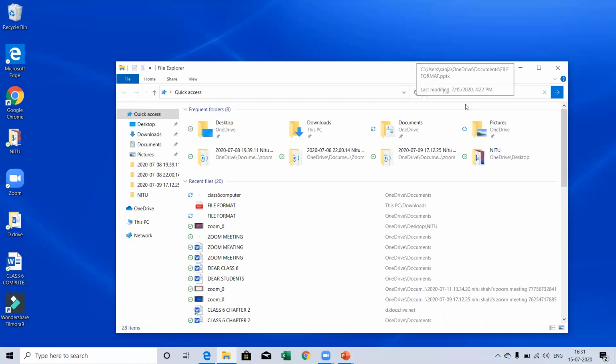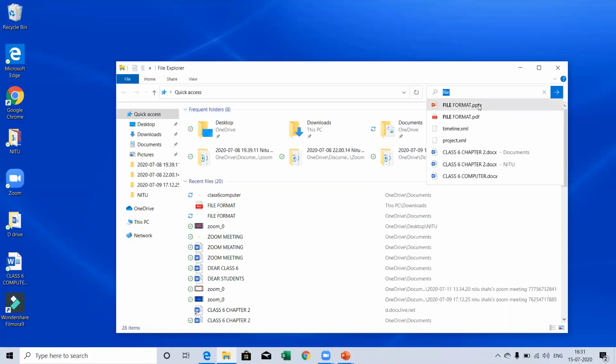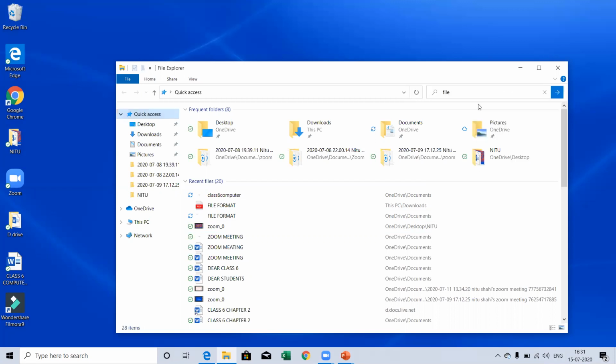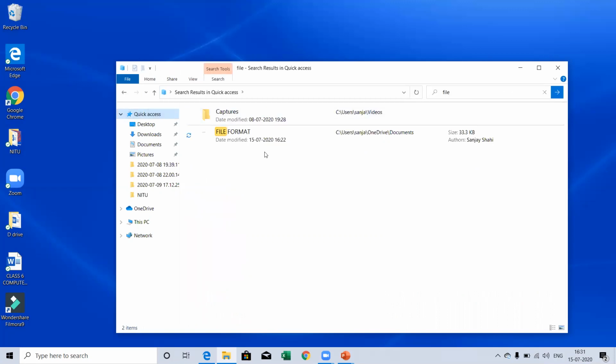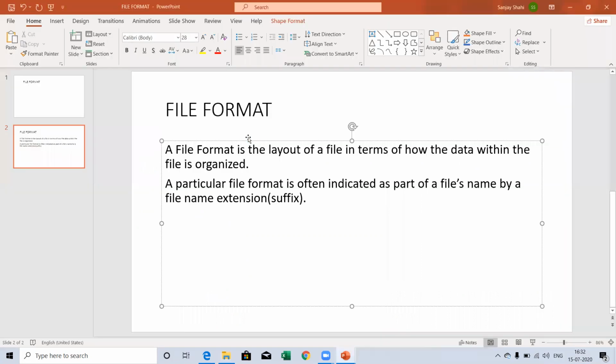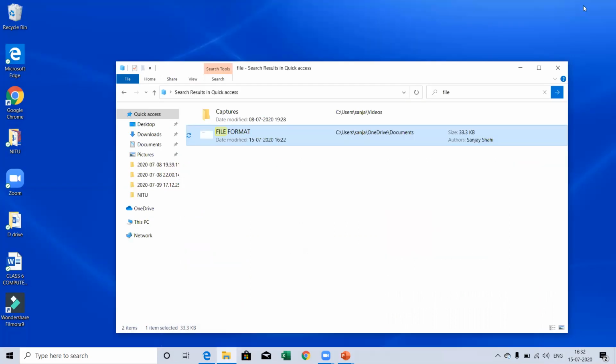Just select it, and that file format file will open in front of you. This is my file format file. It was a presentation in PowerPoint.